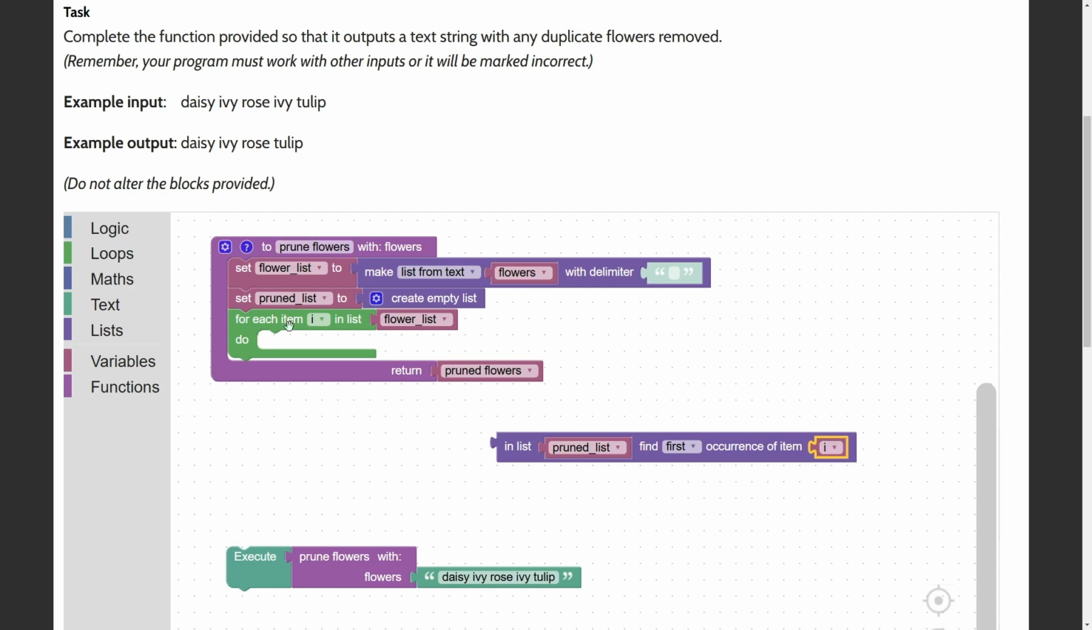So for example, if it's starting off with daisy, it says find the first occurrence of daisy in the pruned list. But the pruned list starts off as empty. So actually, it doesn't find the first occurrence, which means this will give me a value of 0. Because usually it would give me the value, or what we call the index, of the item in the list,